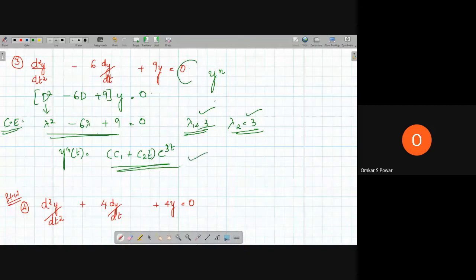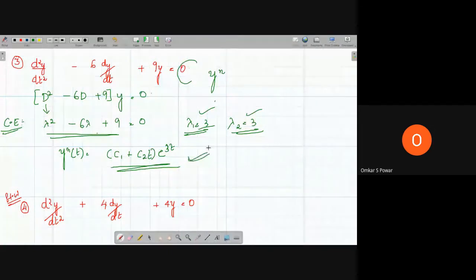So in the first case I have taken the roots are real and distinct. In this case, I have taken both are equal. So in the next case, you can imagine what I will take? The roots will be imaginary. Okay. So this is the homework. Based on this only, you solve this one. Okay. So let me go to the next problem.